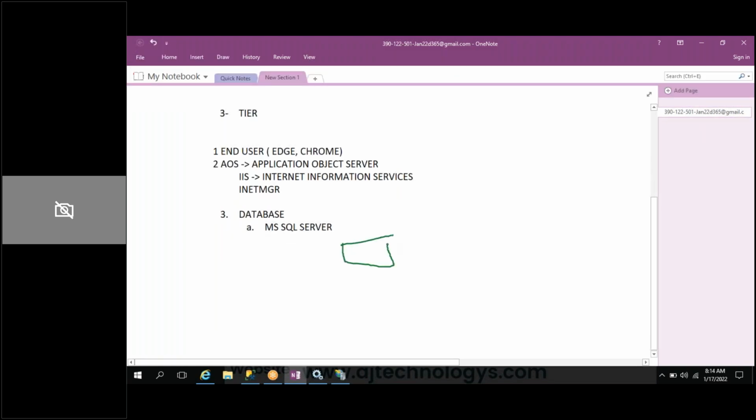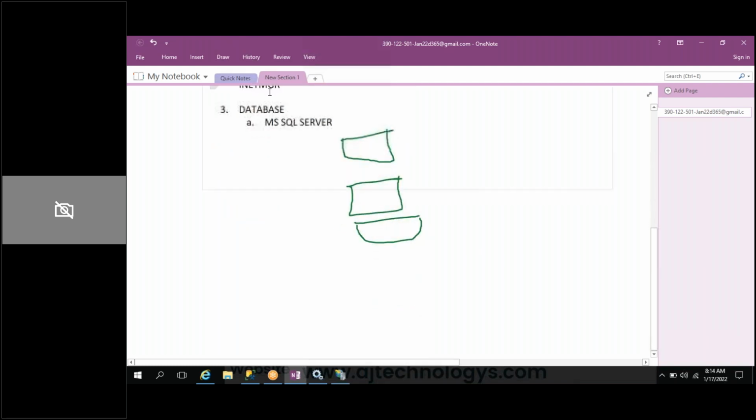Suppose this is the end user, this is your AOS, and this is your database. What instructions you pass from the front end: this is the client, this is the AOS, and this one is the database. The three are mutually connected.